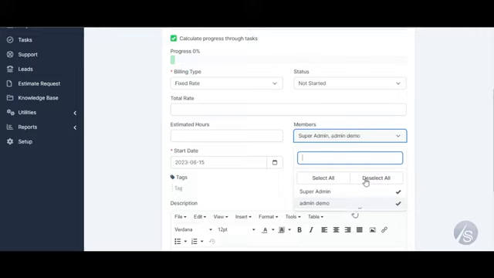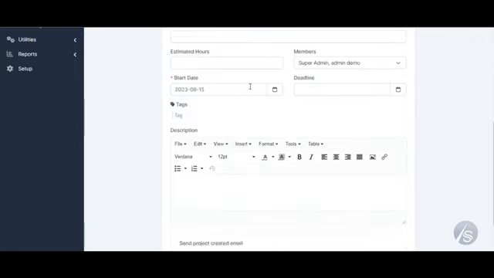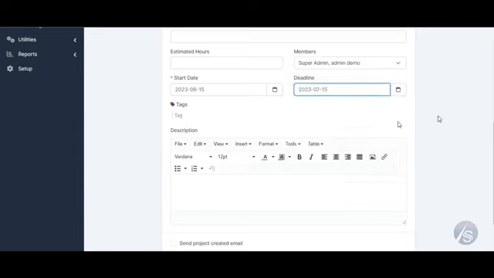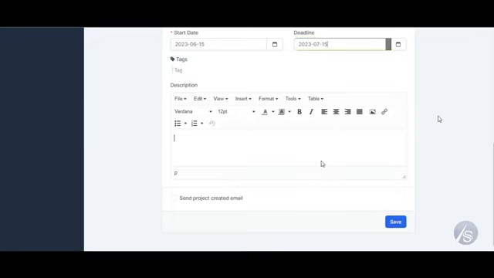So as many people that are going to be involved in that project can be selected in this place. Then you have your start date and your deadline. So maybe your deadline is maybe a month's time. Then here you can just put some project description for that particular project, maybe for camera